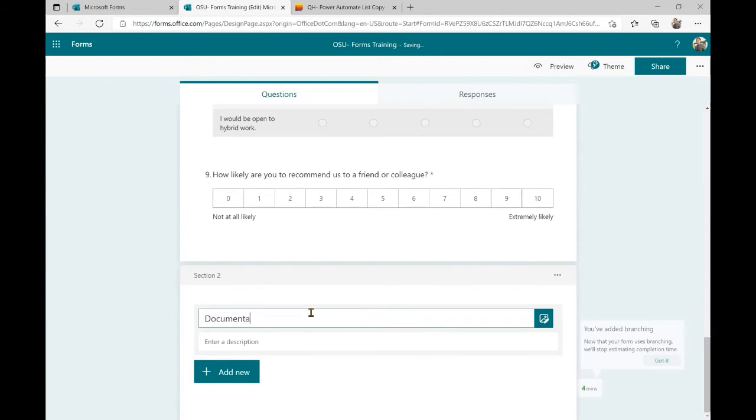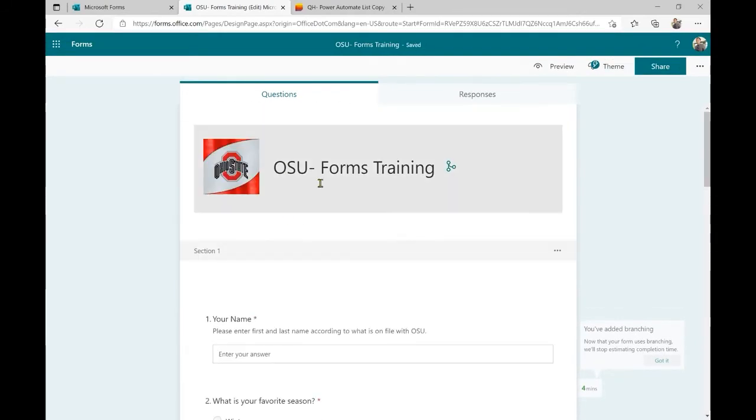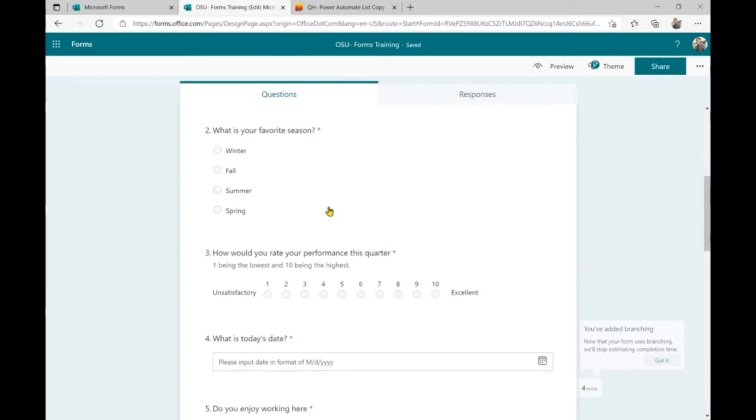this section is for documentation. Please upload any important documents. Okay, so now this is basically the title of this section, the same way we have a title for the whole form.